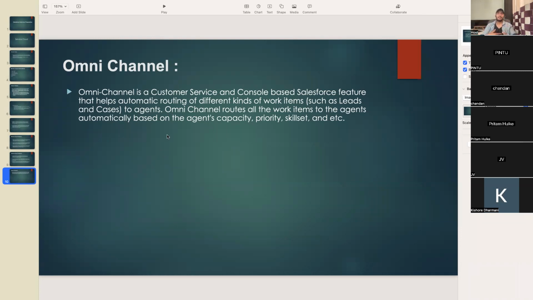So it can assign cases to your Salesforce customer support representative based on round robin and based on agent's capacity, priority, and skill set. It has a lot of features available. I recommend everybody to go through the modules of omni-channel available on Trailhead. I can ping you the link in the chat, and this is going to help you a lot to answer any of the Service Cloud related questions, because omni-channel is definitely a question which you may get in your Service Cloud related questions list. So this is something which I want everybody to practice today, at least complete the trail